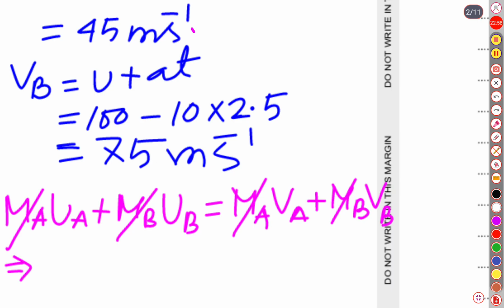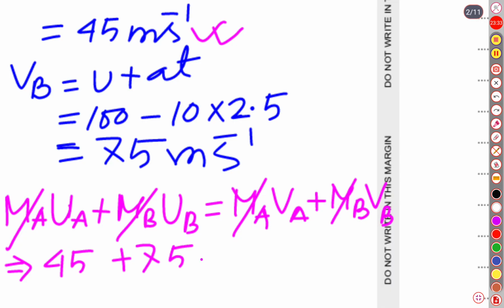Initial velocity of A has already been obtained. We have got it as 45. Initial means the velocity just before collision. Don't think that the velocity when it was projected is the initial velocity. From conservation of momentum, the concept is the velocity just before the collision and the velocity just after the collision. So the velocity before the collision was 45, plus the velocity before the collision of particle B, 75,